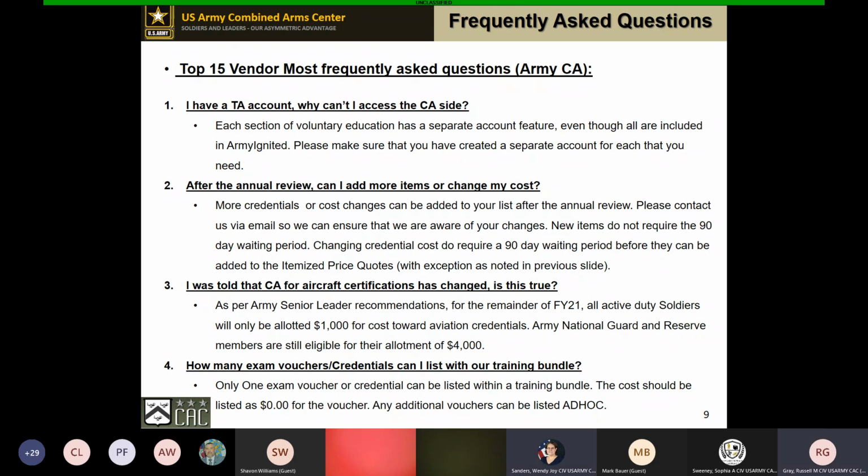So when the soldier sees a request come in the system and they see the costs have changed, I would recommend putting on the itemized price quote that the cost they're seeing there is reflected off of what was there prior to the change. That way the soldier doesn't submit for something that gets rejected. And I know it's kind of wonky in the system right now where it shows it automatically with the update, and we're working on that, trying to get that adjusted. But just for now, put it on your price quote.